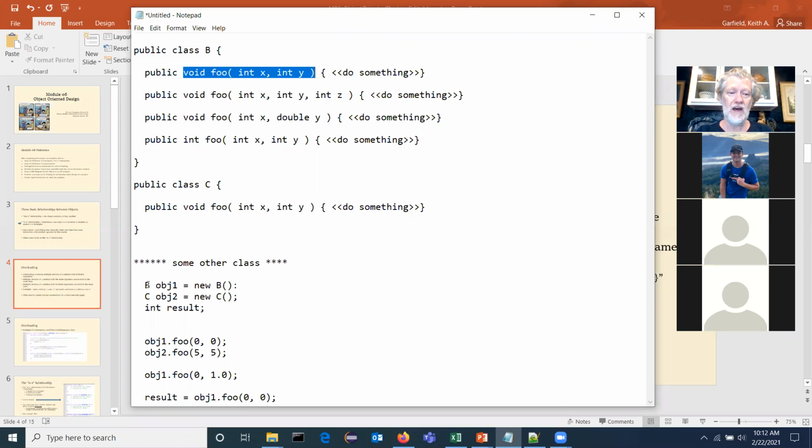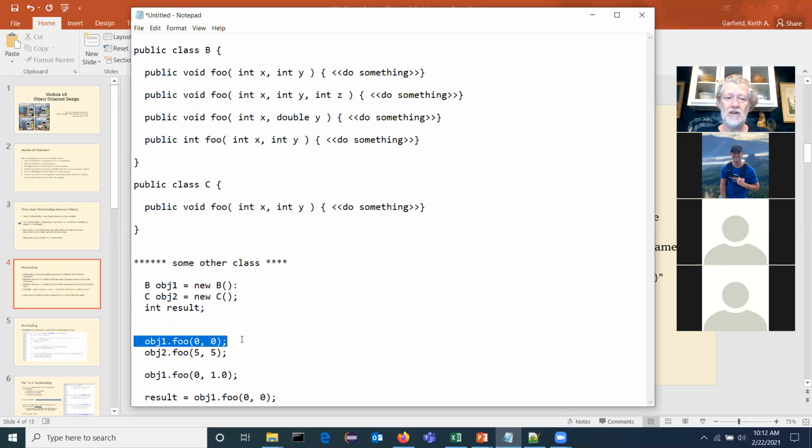Because when I declare the objects, I'm going to declare them either as an object of class B or an object of class C. And either way, the Java virtual machine knows what to do. So in this first line, I say object1.foo. Object1 is of class B, and I'm telling the Java virtual machine, if you look inside object1, you're going to find a method called foo that takes 2 integer values as input and doesn't give anything back.